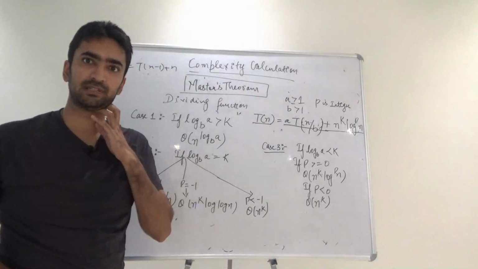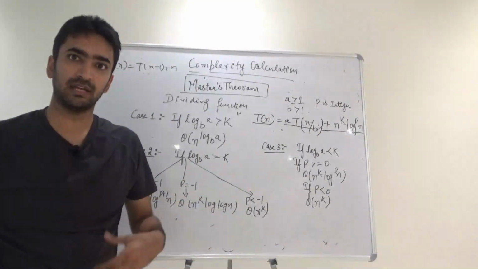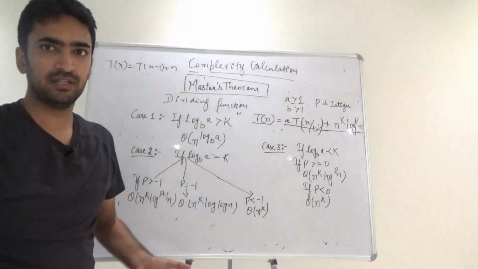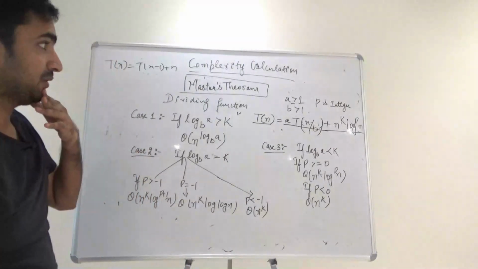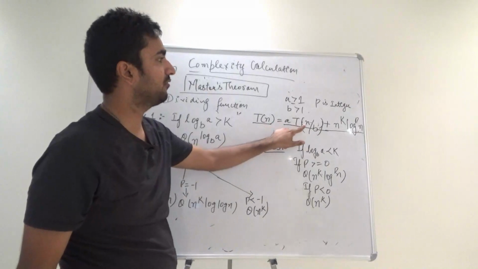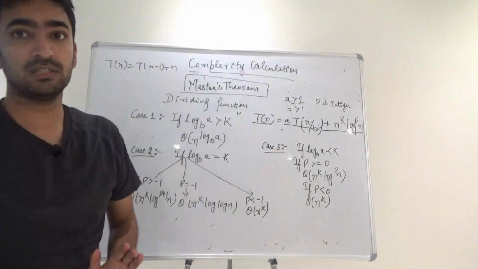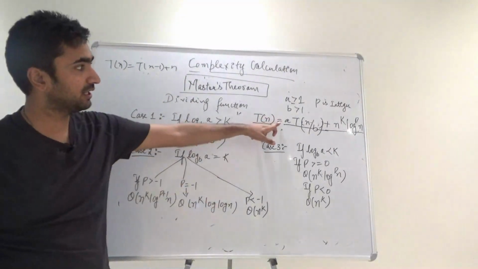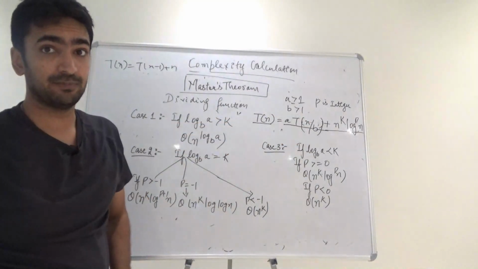In this video we will be discussing the dividing function for calculating recurrence relations if they are given to you, and it calculates the complexity faster if you can create recurrence relations faster. The important point is that T(n) is given as a T(n/b) plus n raised to power k log^p n. So this is regarding your dividing function where a T(n/b) plus n raised to power k log^p n is given.